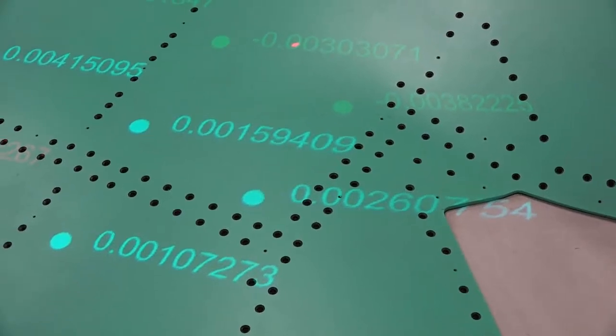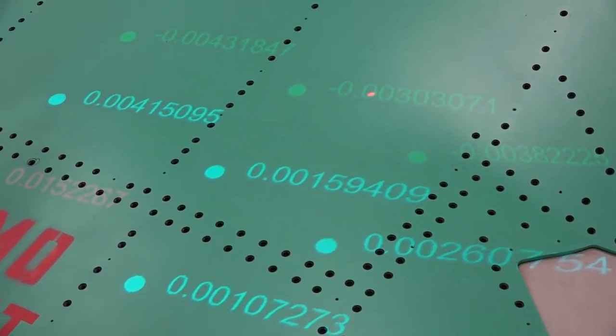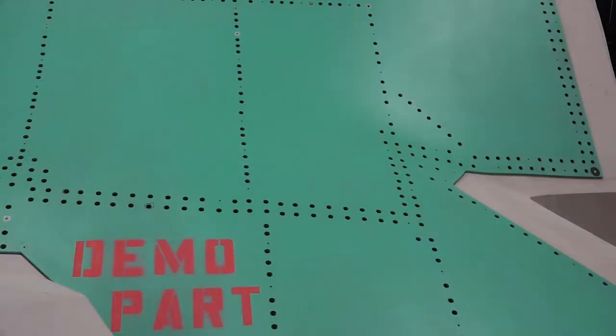The following video is a demonstration of how 3D optical projection can be used in conjunction with metrology software and hardware to streamline the collection and interpretation of data. In this first demonstration, we see a laser tracker measuring surface points using metrology software on a PC that is